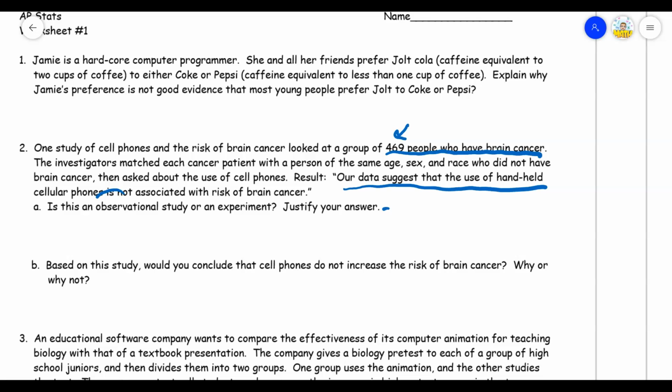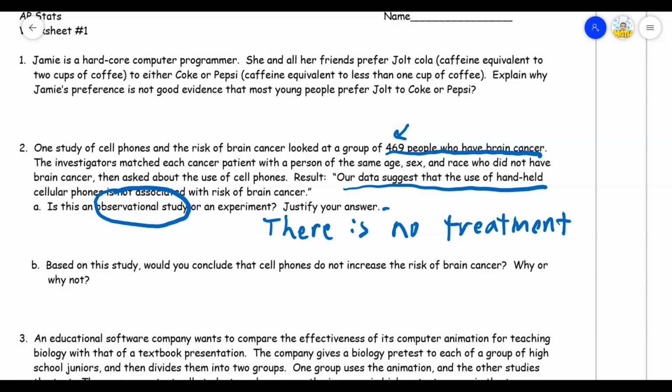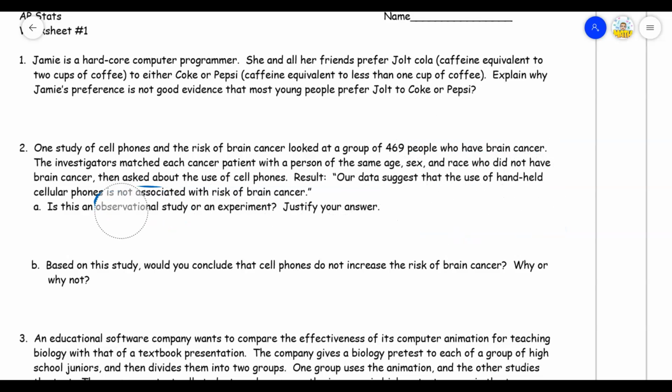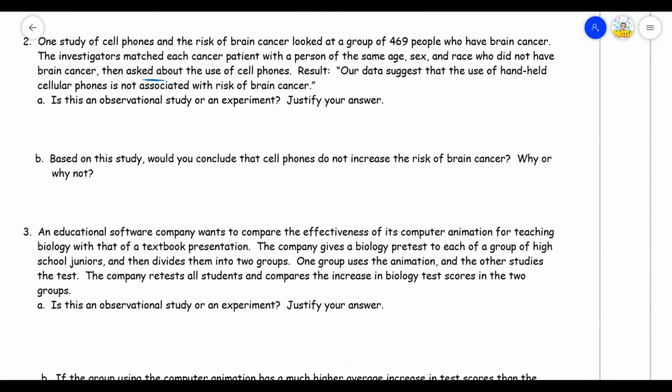Okay, so hopefully we said that this is an observational study. There is no treatment imposed in this situation. The people that have cancer already have cancer. They're also not imposing how often people use a cell phone. In fact, it would be pretty unethical to have people use cell phones more often and see if they're more likely to get cancer. That's part of the problem with experiments a lot of the time: ethical situations. But it is the more powerful tool for trying to establish causation. But for sure, that's an observational study. Remember, the litmus test for observational study versus experiment is whether there's a treatment imposed.